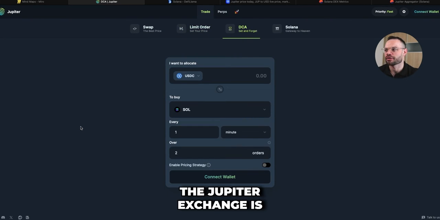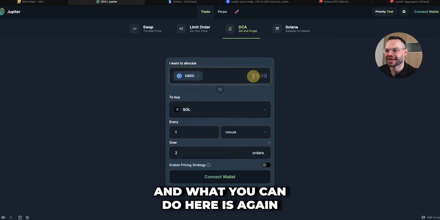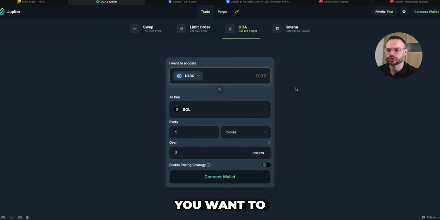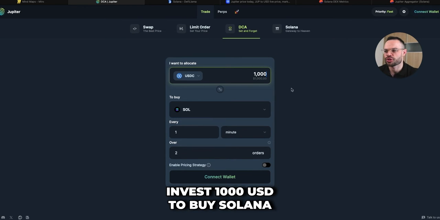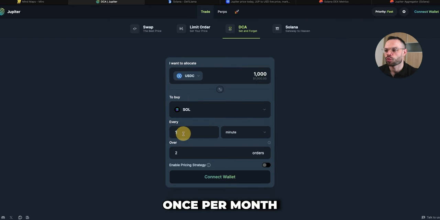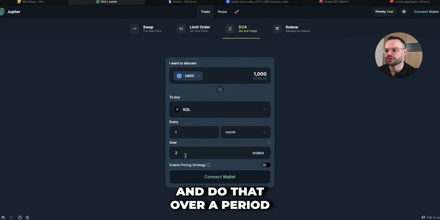Another very good feature on the Jupiter exchange is their DCA tool. So this tool for DCA, dollar cost averaging, allows you to basically break down a dollar cost averaging strategy for your investment thesis. And what you can do here is, again, set the amount of capital you want to allocate into a particular asset over a set period of time. So for example, let's say we wanted to invest in Solana over the course of the next 12 months. We could say that we want to invest $1,000 to buy Solana once per month and do that over a